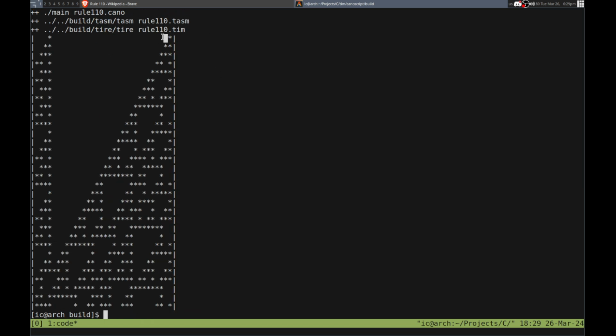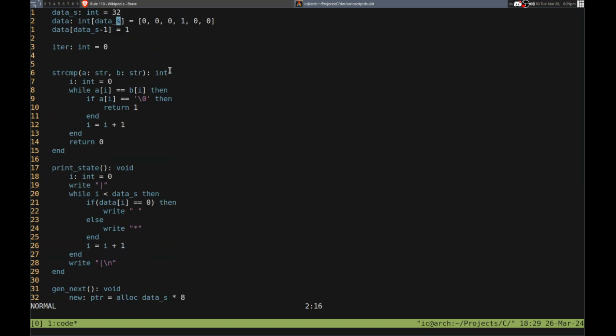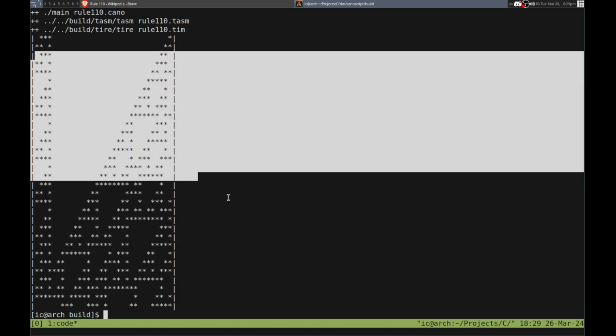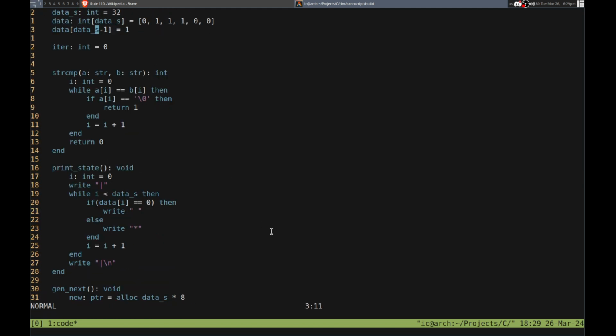It almost doesn't feel 32 wide, but I guess it is. Let's put a couple more ones in there. And yeah, you can see it makes some cool patterns. So maybe we could even,